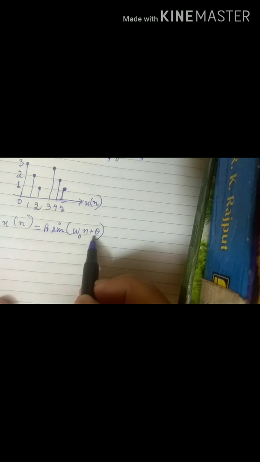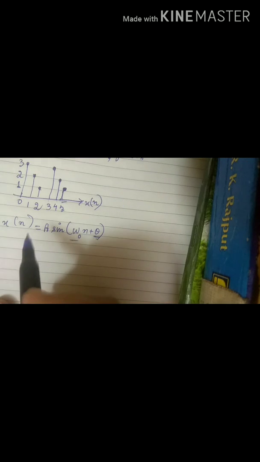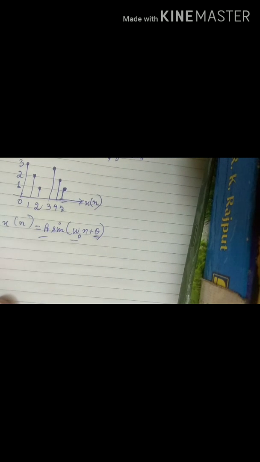Here, theta indicates the phase shift of the signal, omega naught indicates the frequency, and capital A is the amplitude of the sequence. In order to determine whether this signal is periodic or not, it is essential that